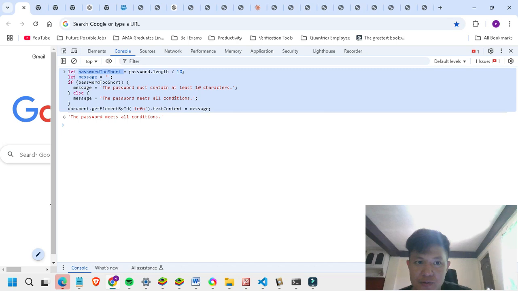So let password, we equate this to password.length less than 10. So if we let the message equal to a quote, and then if password too short, message equals the password must contain. Basically, guys, the point here is that